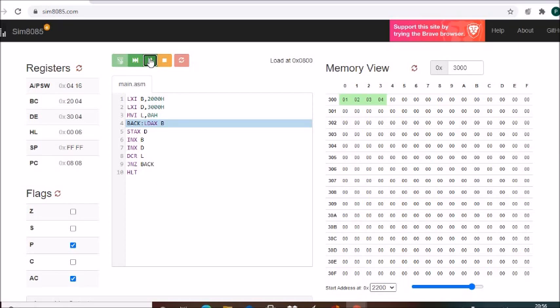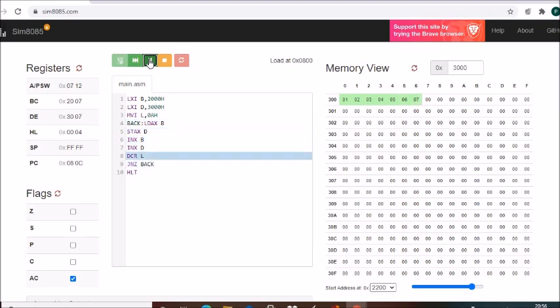So again LDAX B, so 05 has come to A, STAX D, 05 has come to 3004. Then INX B, B is now 2005, INX D, DE is now 3005, then DCR L, L is now 05, and again in this way it will continue.